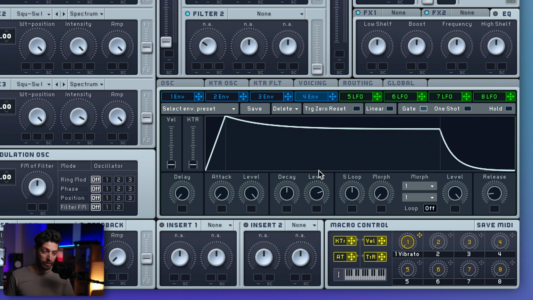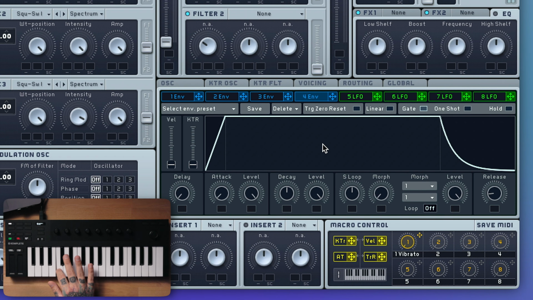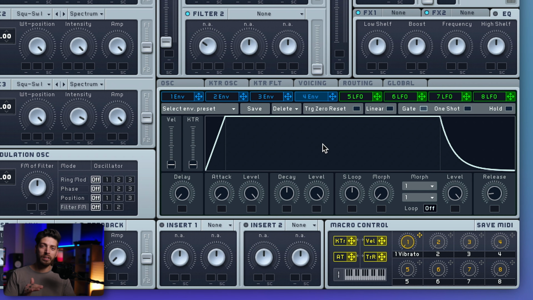And as I hold the note, that's the sustain volume. So that's where the level stays at based off sustain. And if I turn this up, you'll notice you're not hearing any decay because it's straight from attack to sustain. It's the full volume. If I turn it down,